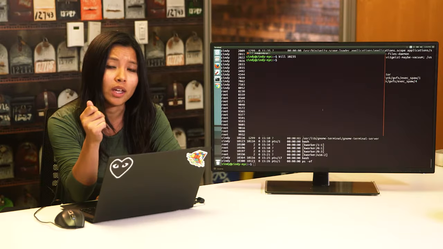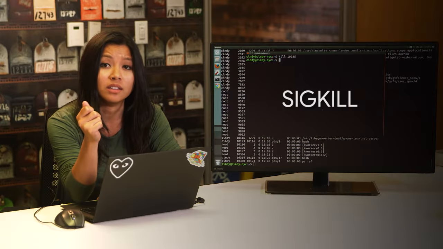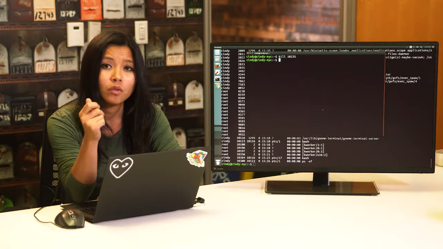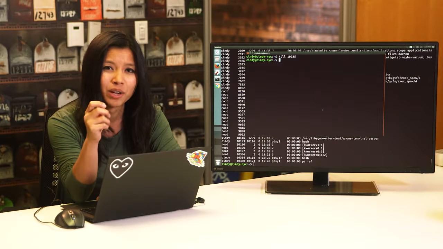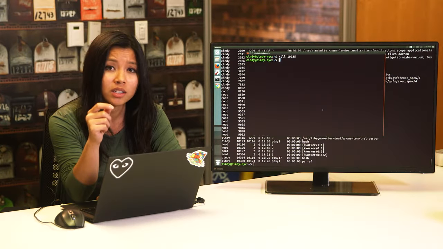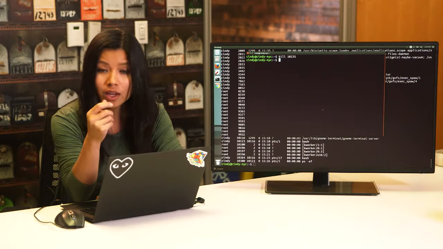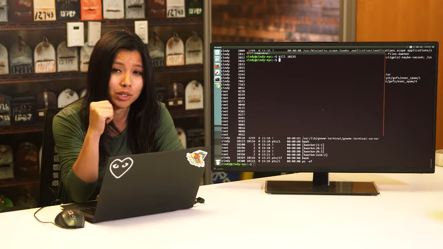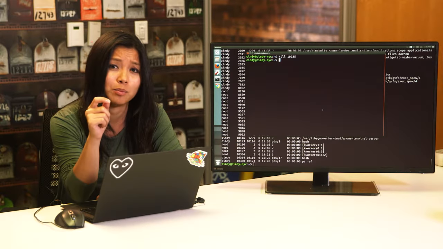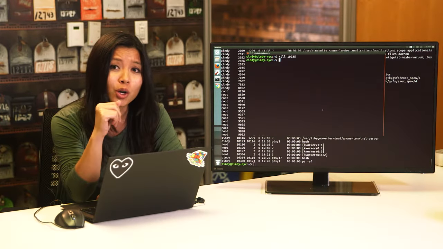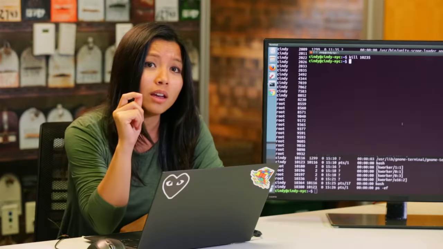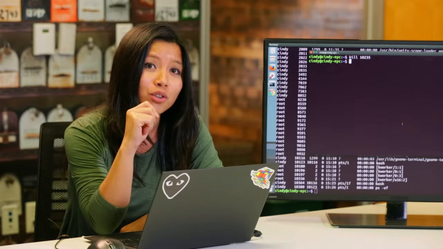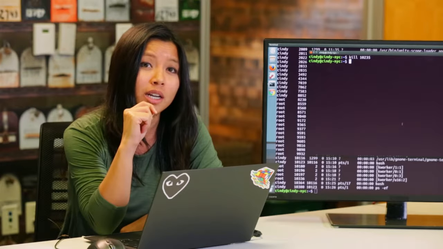And if we check the process window, we can see that the process is no longer running. The other signal that you might see pop up every now and then is the sigkill signal. This will kill your process with a lot of metaphorical fire. Using a sigterm is like telling your process, "Hey there process, I don't really need you to complete right now, so could you just stop what you're doing?" And using sigkill is basically telling your process, "Okay, it's time to die." The signal does its very best to make sure your process absolutely gets terminated and will kill it without giving it time to clean up.